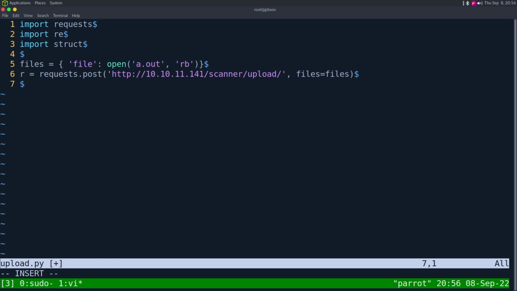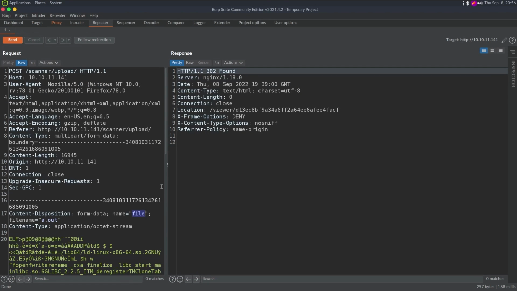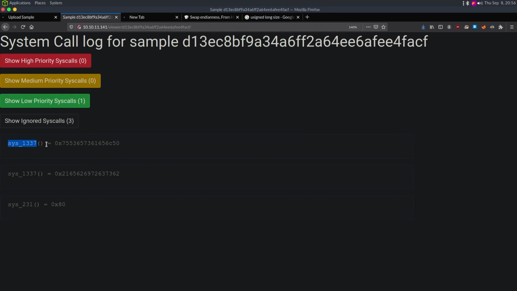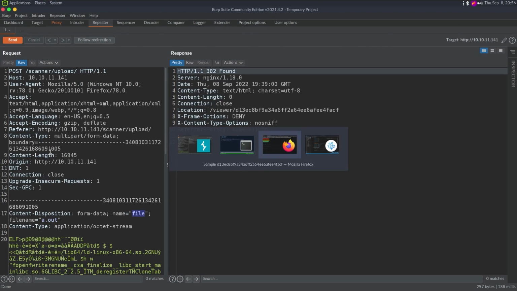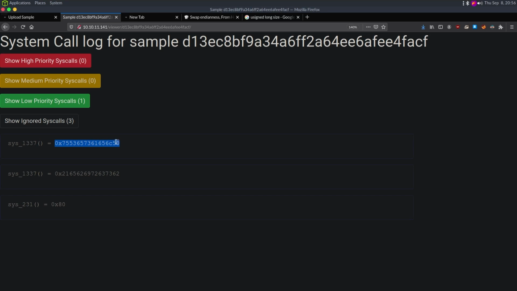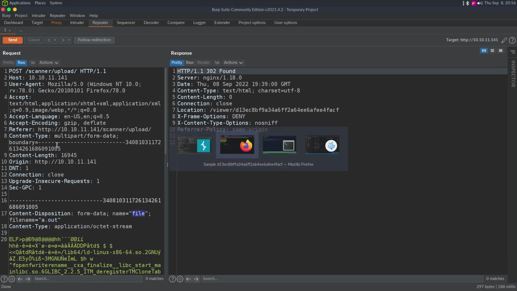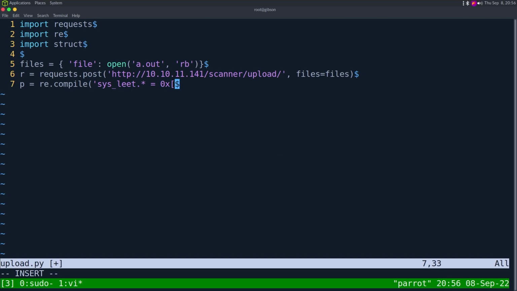And now the next piece we need to do is a regular expression. So p is equal to re.compile. And then we want to match everything that begins with sysleet. And I'm going to use a wildcard so I don't have to worry about escaping these parentheses. So sys underscore leet, then dot star equal space. And now we should be at this spot. So we're just going to say 0x, and now we just want to match any hexadecimal. So, and this is the match. We want to extract this information, so I put it in parentheses, and we can do 0 to 9, A